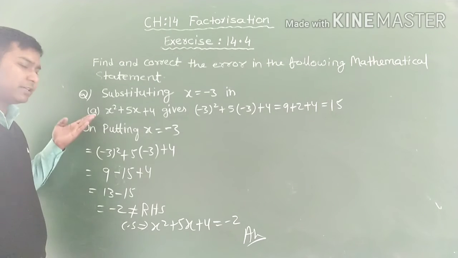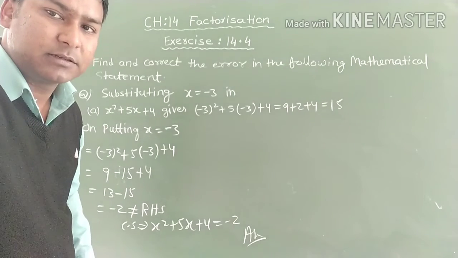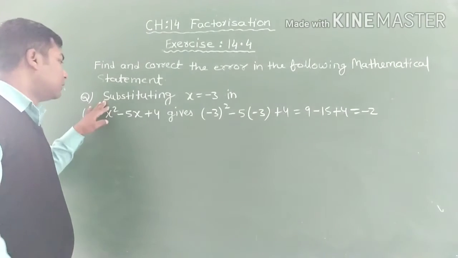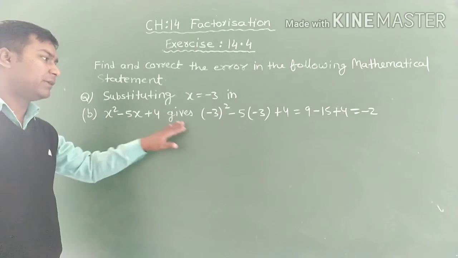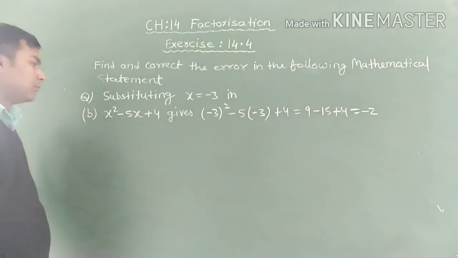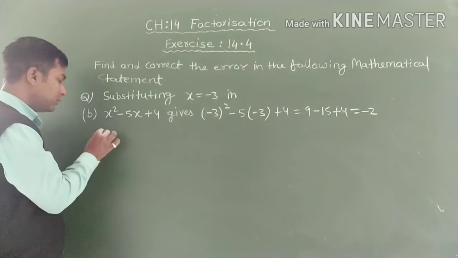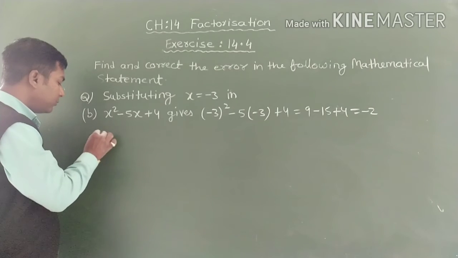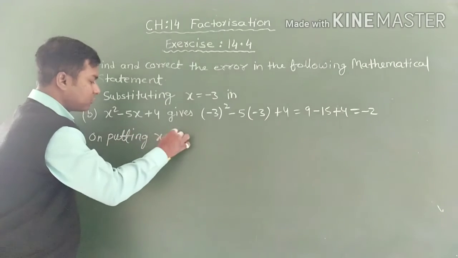Similarly, next question is A part. So next will be B part. Substituting x equals minus 3 in this equation gives minus 2. I just put the value x equals minus 3 at the place of x in this equation. So on putting x equals minus 3 in this equation,